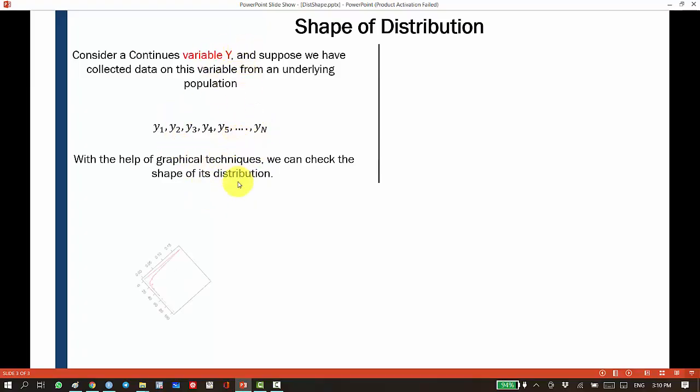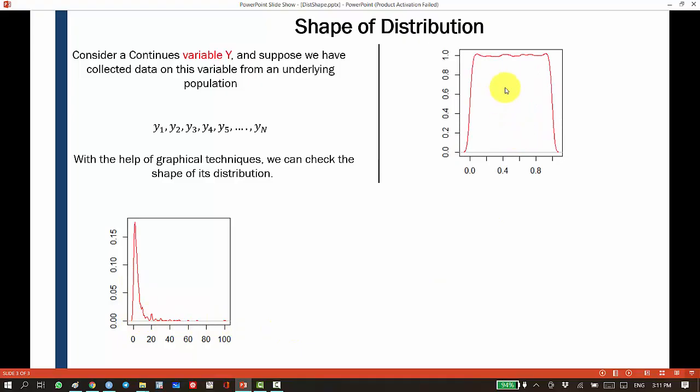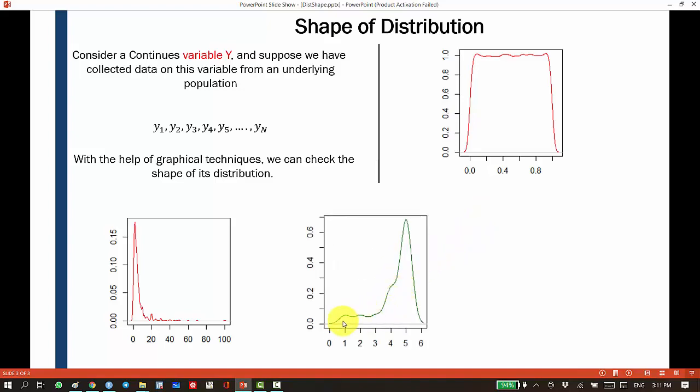on the variable y. It can be something like this, where we have majority of our observations on the left side and a long tail at the right side. Or we can have kind of uniform distribution where the height of the distribution doesn't change over the range of the distribution. Or we can have a long tail at the left side, that is the majority of observations at